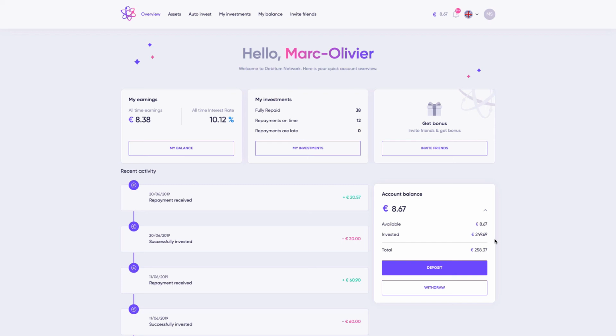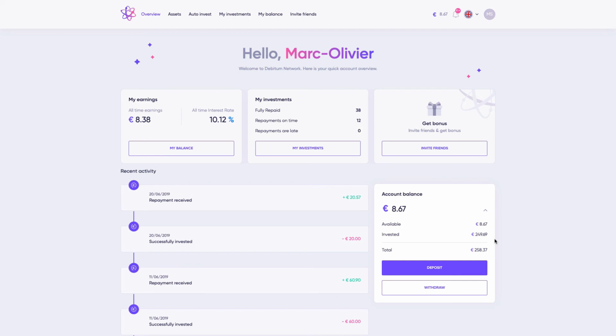So overall, to sum up, it's a really neat peer-to-peer lending platform that acts as a marketplace for other loans. The interface is great. Also, the auto invest function is really easy to set up. It works great. It's been working great for me for the 6 months I've been investing on the platform. And also, none of the loans were late. And even if they were, I have the buyback guarantee on each and every loan I invest in on the platform. So that protects my investment as well.